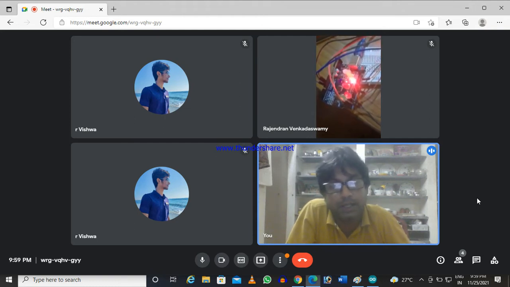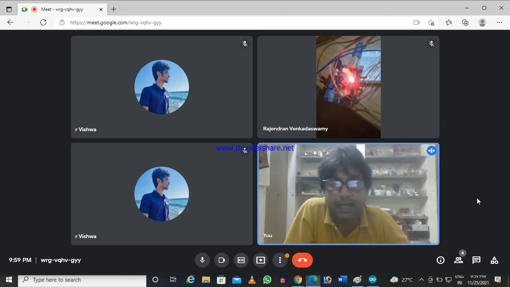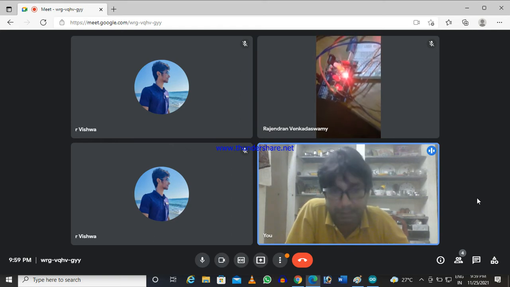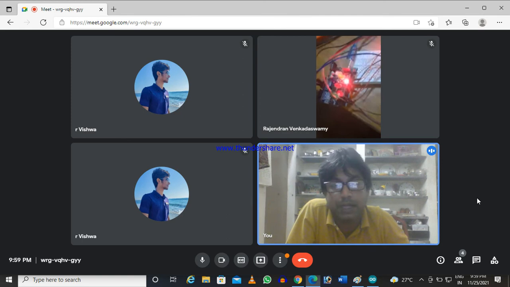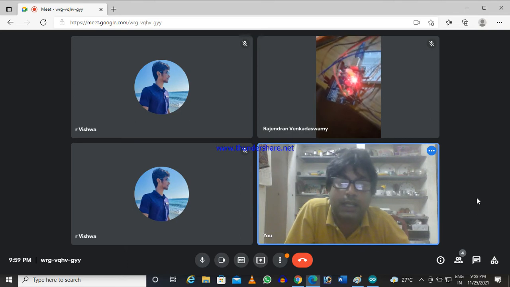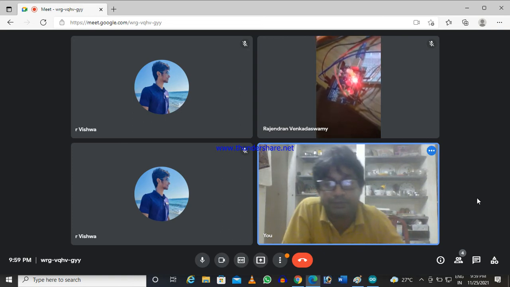the relay contact can be used for controlling our light, fan and other home appliance. So this we will be controlling through our Android app. We have created one Android app, and using that we will be controlling that microcontroller digital pin. We will learn today only for digital pin control.